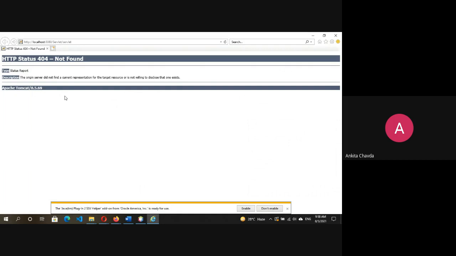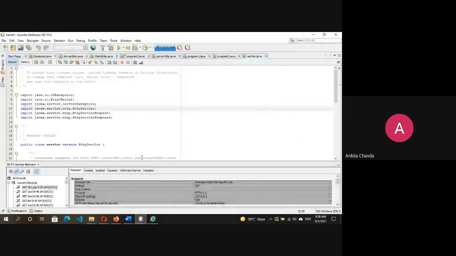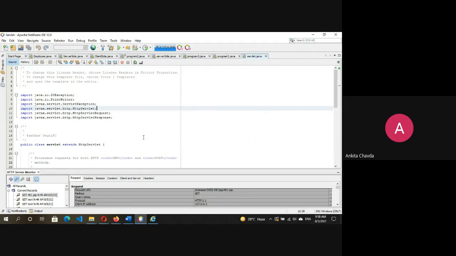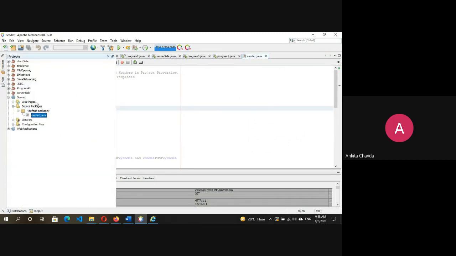Okay, your screen is visible. Show me your code. There is a problem with Apache Tomcat only. Show me your libraries. Yes, Apache Tomcat is there.